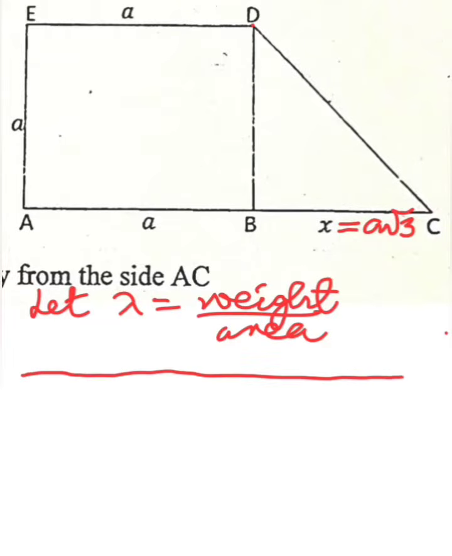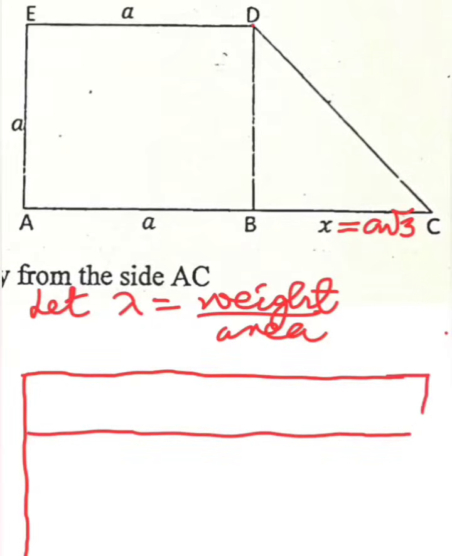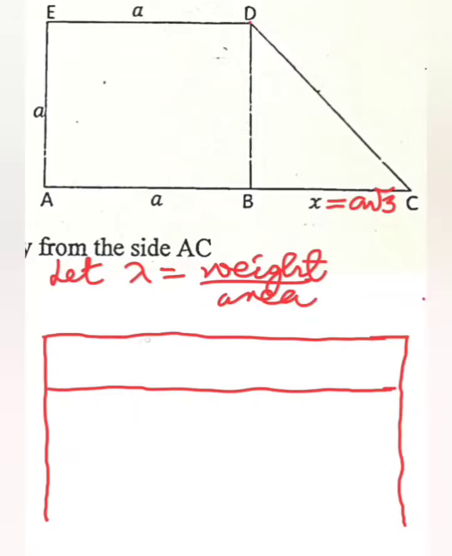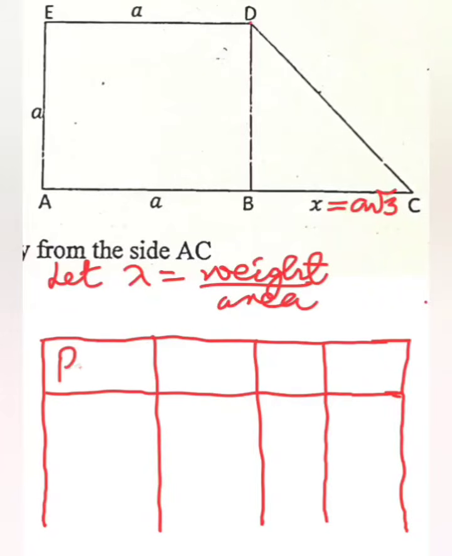So in order to track everything, I would need to draw a table. It's important so that your work looks tidy. On that table, I will need to partition it into the portion, the width, and then the distances from axis. We have the portion here, then the width of the portion, then the distance of the center of each component